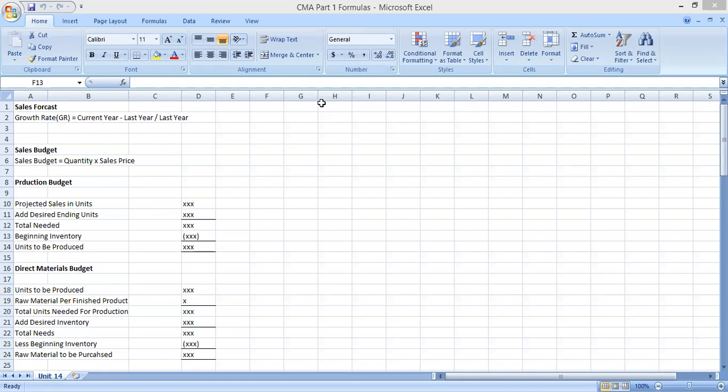So today we are making the video for unit number 14, one of the most important units in CMA. If you take a look, units number 12, 13, 14 consist of 20% exam weightage. This is one of the units which can play a very important role to qualify the CMA Part 1 exam in the first attempt. So we are going to guide you about the important formulas and equations from this unit.